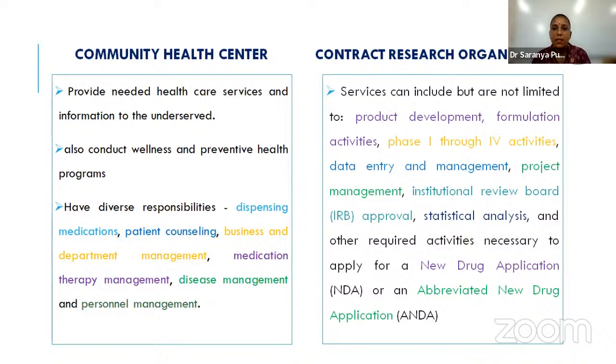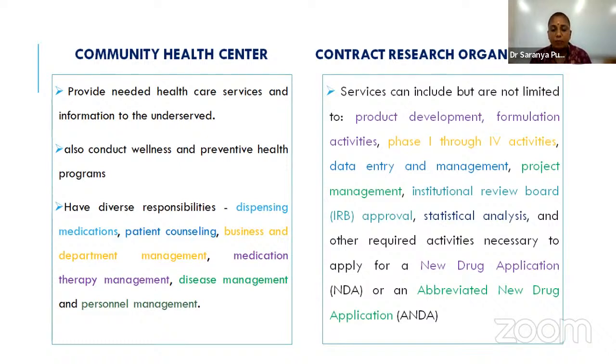Services of a pharmacist in a contract research organization can include, but are not limited to, product development, formulation activities, all the phases of clinical trials, phase 1 through phase 4 activities, data entry and management, project management, institutional review board approval for the ethics, and statistical analysis and other required activities necessary for a new drug application and